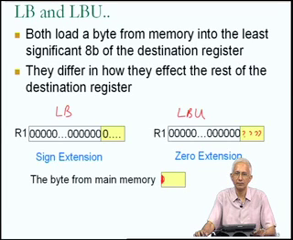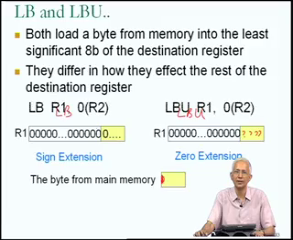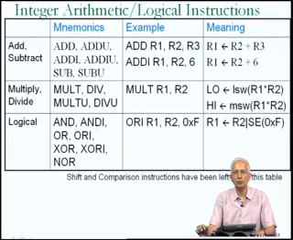Okay, so they have in common that they load a byte from memory into the least significant 8 bits of the destination register, but otherwise one does zero extension, the other does sign extension. Okay, now moving right ahead,